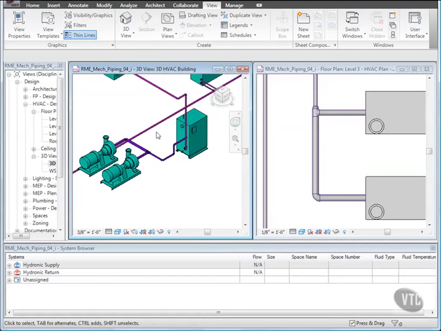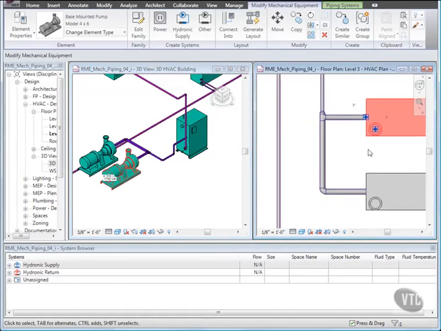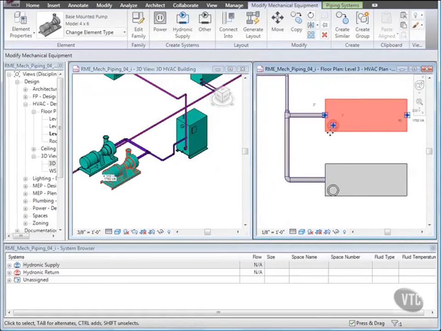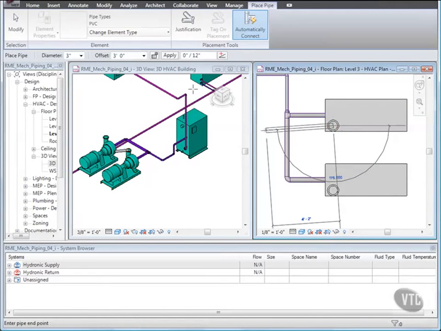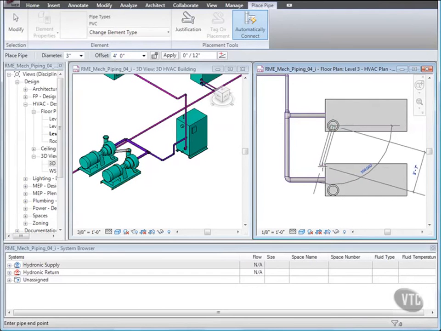And back in the plan view, select the primary base-mounted pump. Then, right-click the discharge connector and click Draw Pipe. On the options bar for offset, enter 4 feet. Then move the cursor down until it joins the connector point on the secondary base-mounted pump and click to create